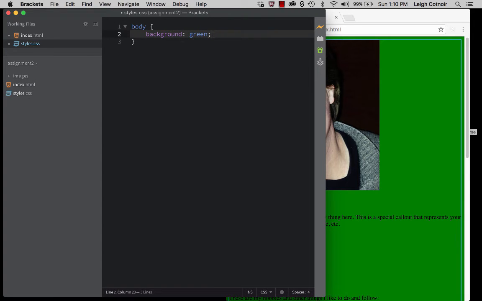All right, so this is just a regular colon that has to come after the property. And let me just show you, you can either have a space here or not. It doesn't matter, but you don't want more than one space. Now, if I wanted to apply other properties to the background, like a background image or something like that, let's